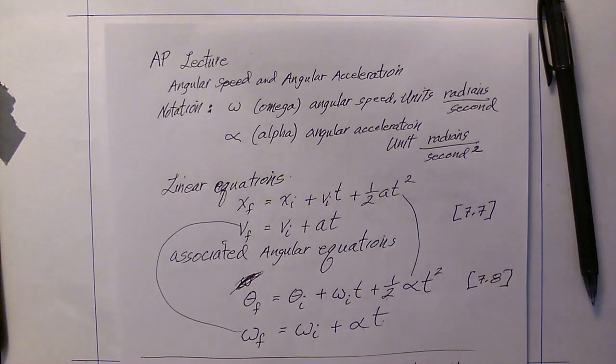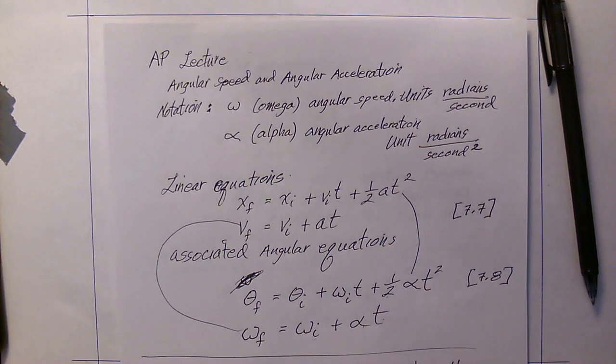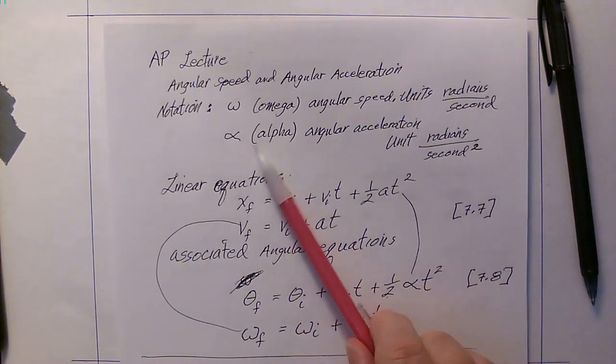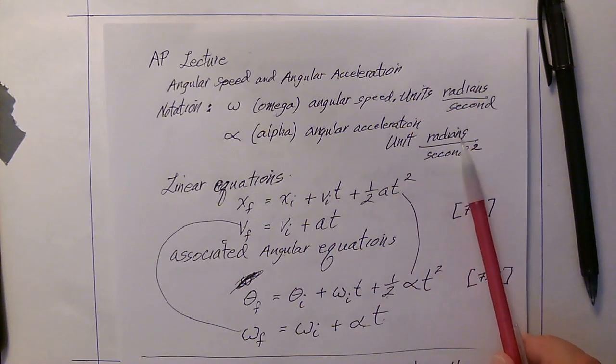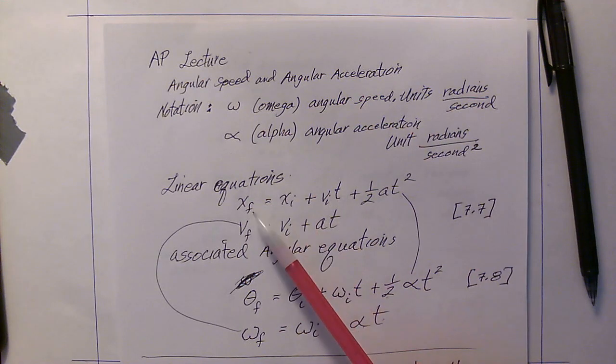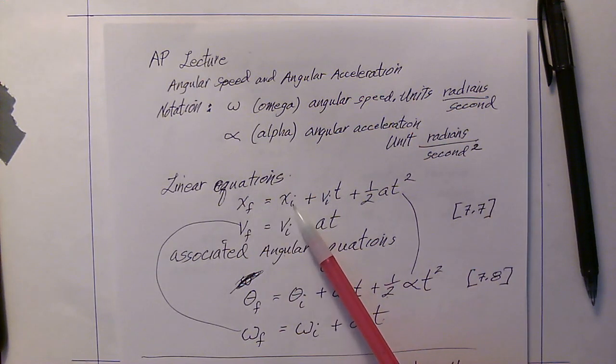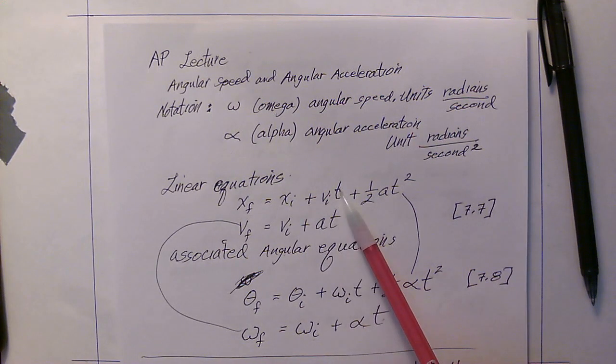Okay, AP lecture. This is about angular speed and angular acceleration. Notation: omega is angular speed in units of radians per second, and alpha is angular acceleration in units of radians per second squared. Linear equations: x position final is equal to x position initial plus v sub i t plus